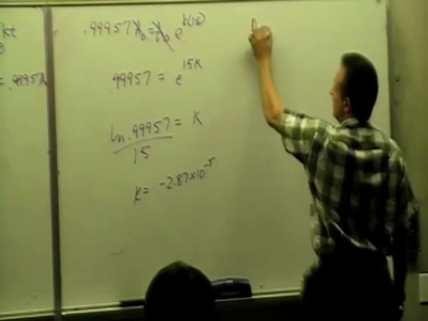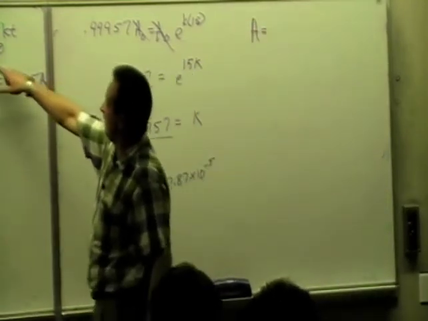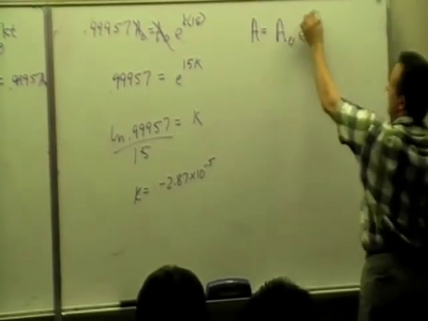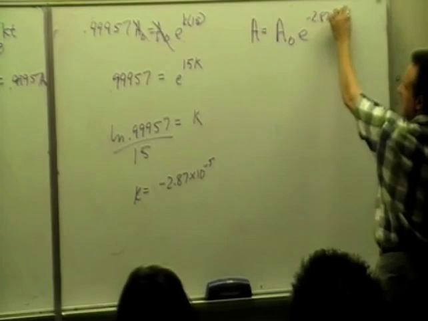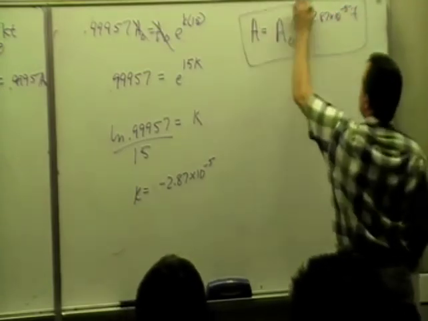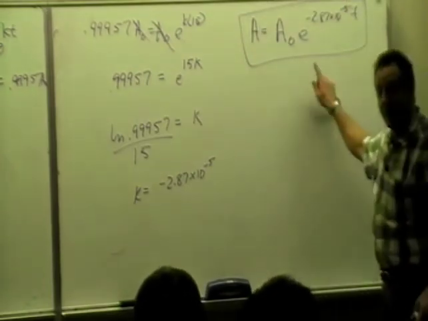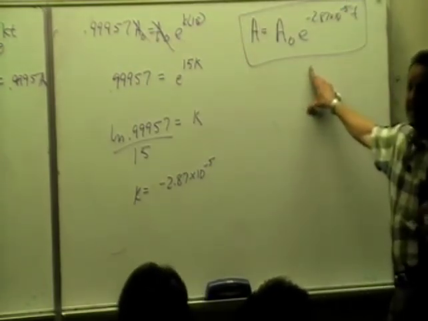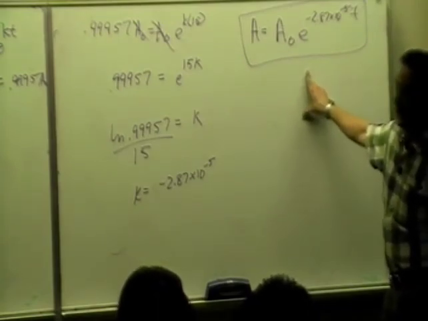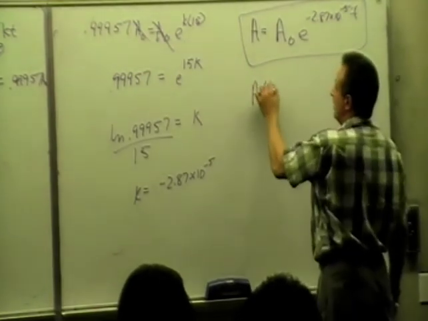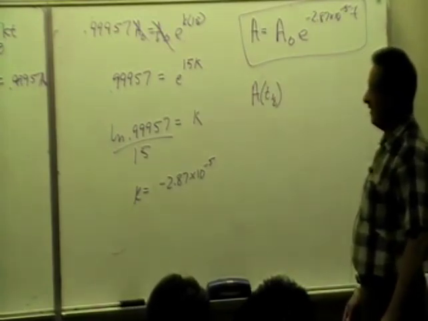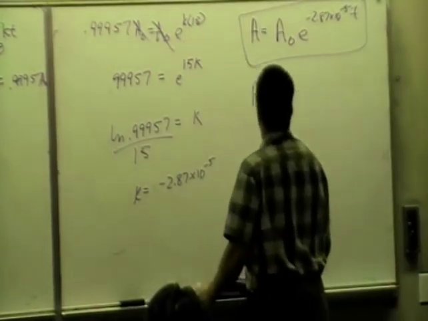Because now my decaying formula is going to be A equaling a sub naught e to the minus 2.87 times 10 to the negative 5 t. This is now a mathematical model that depicts the decaying properties of that plutonium. If I want to know my half-life, well,